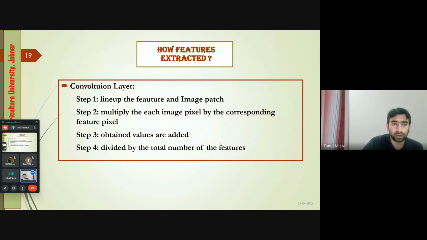Okay, so the first is the convolution layer. First is the convolution layer, that lines up the features, and then